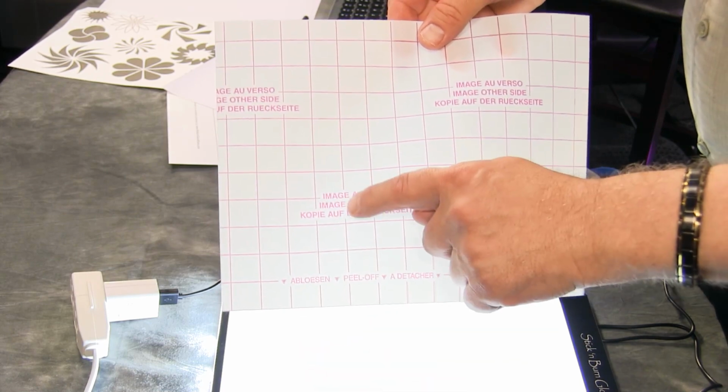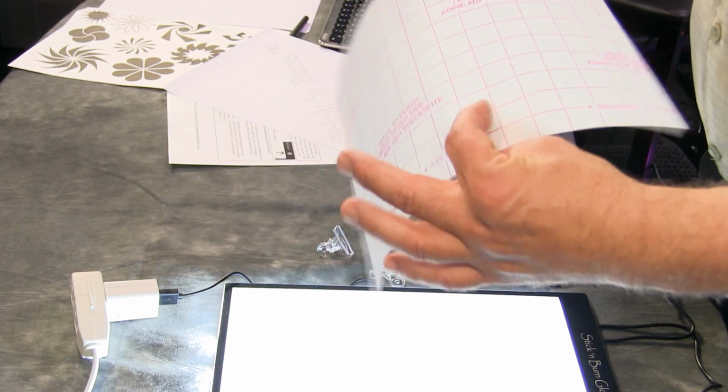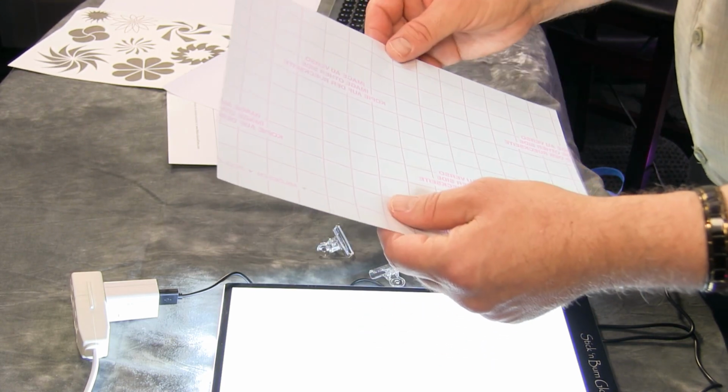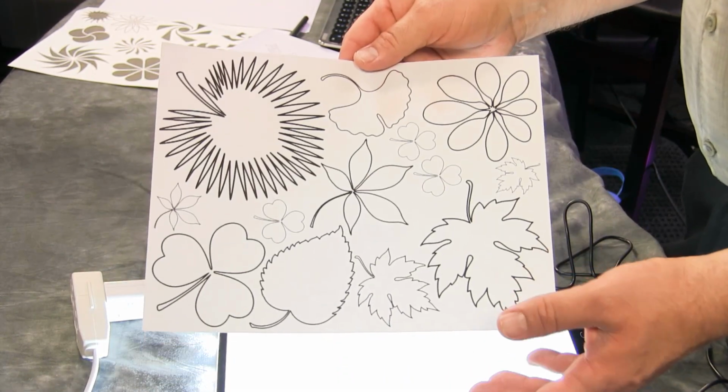So you just have to make sure that you're using the correct side. Some people will draw or trace on the wrong side of this thing. So you just got to make sure you're using the correct side. So you start out by putting your design down, and this is just a sheet of leaves that I found